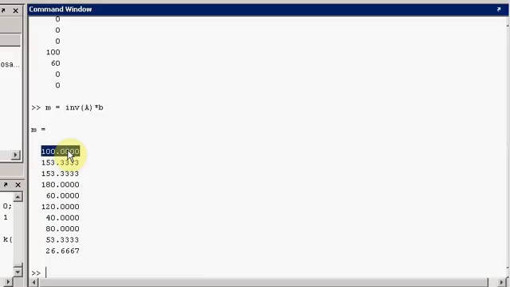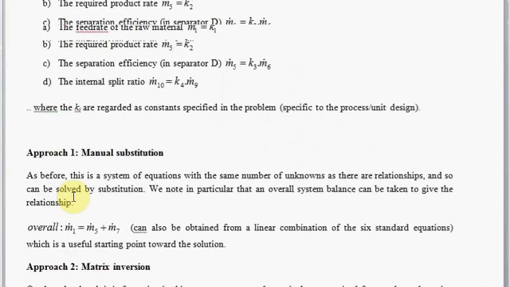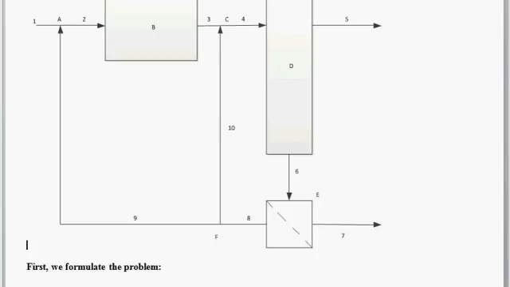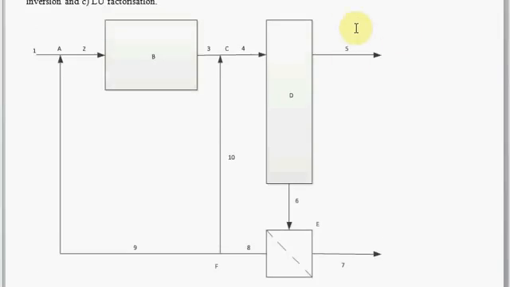We had also required that the primary product stream be 60 kilograms per second, so we can see that that's been retained there. And of course, if we look at the process, going back to the diagram here, you can see if we imagine